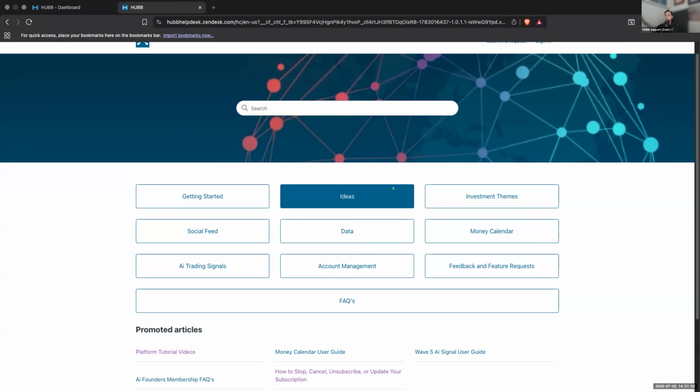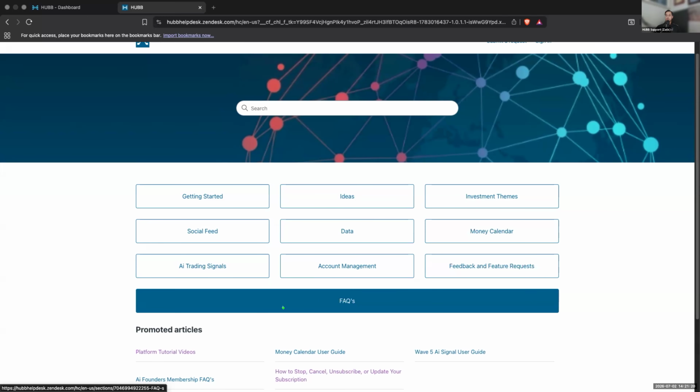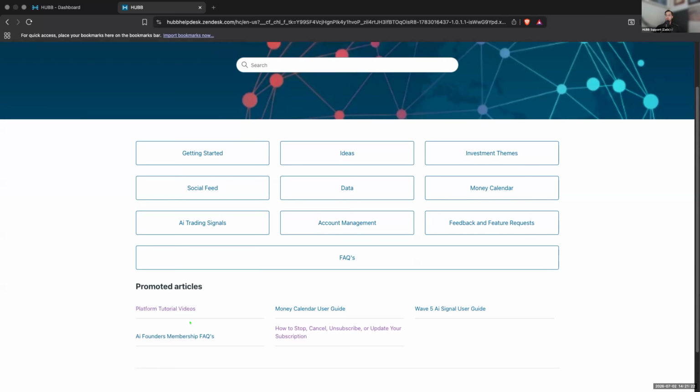As we can see, they're all broken down by topic. We have the getting started all the way to money calendar. So for Jay and any Tom's folks out there, you would likely be interested in the material around the money calendar functionality, the module, everything that's included there. Some frequently asked questions down here at the bottom, and then of course some promoted articles for you to reference